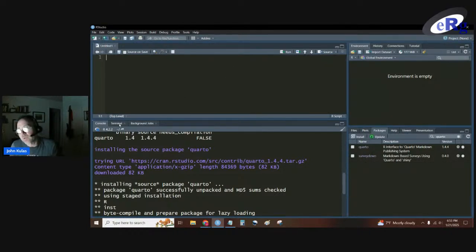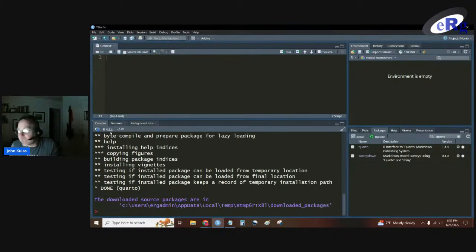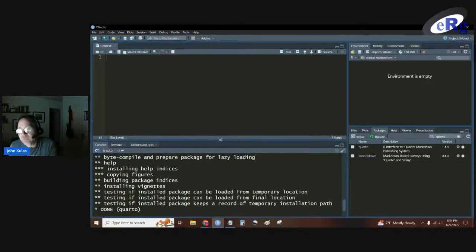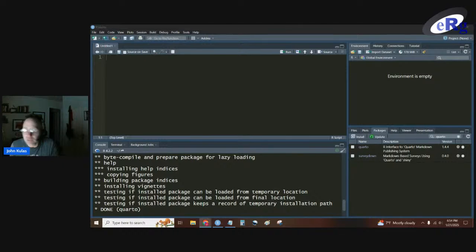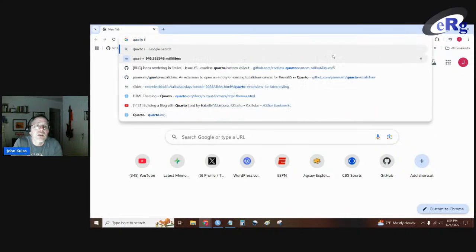There's another way to work with Quarto, which is at the terminal. And so I can type in Quarto commands at the terminal. I can ask Quarto to render directly from the terminal. But adding this package will give us some buttons. And I think my recommendation, if you're just getting started with this, is to definitely get the Quarto package, and we'll see what those buttons actually look like. And then I'm gonna see if I can do just a search for Quarto installation.